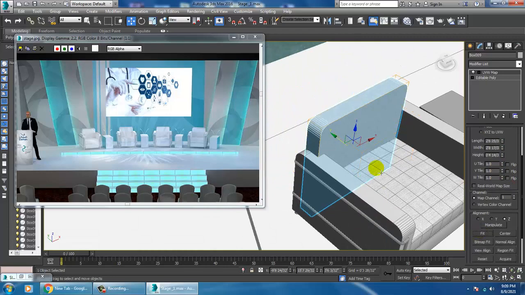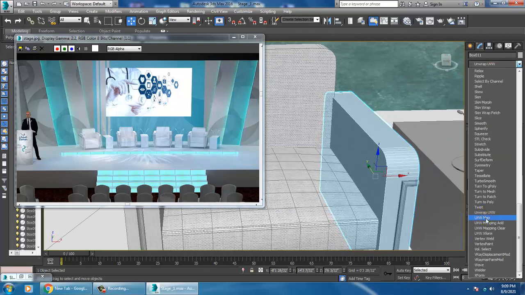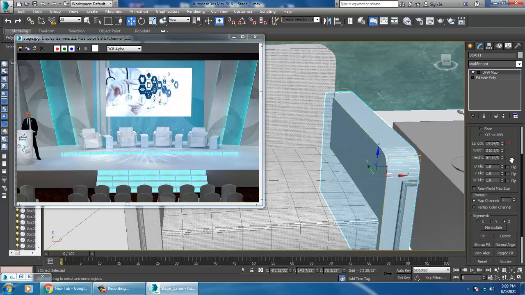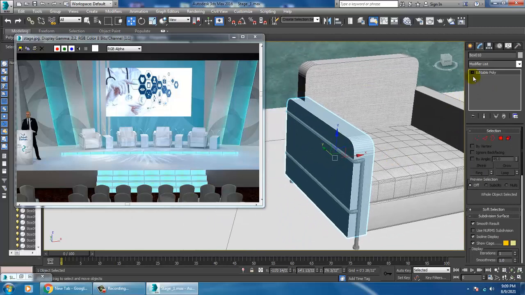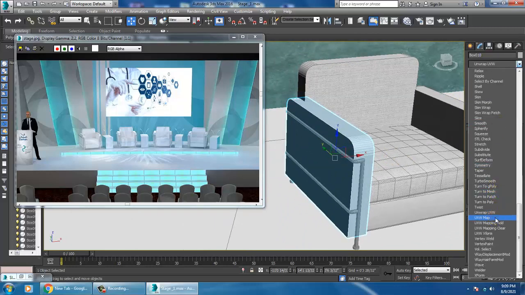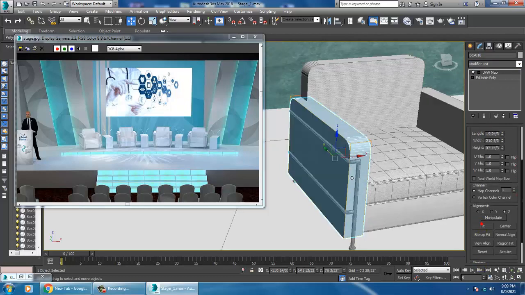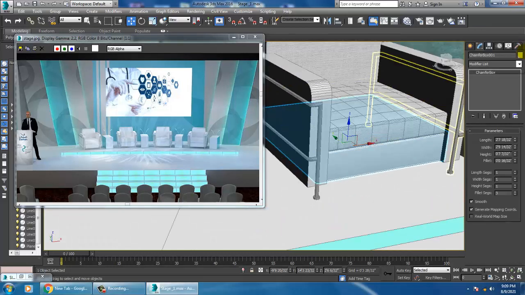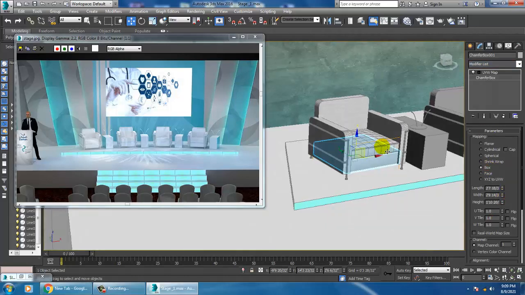You can use fit over here: UVW map, box, fit. So you can fit this in this way.